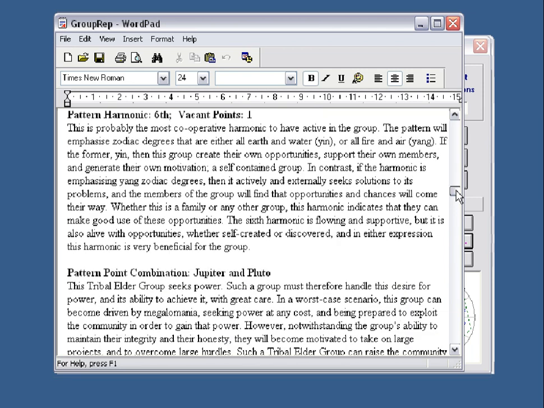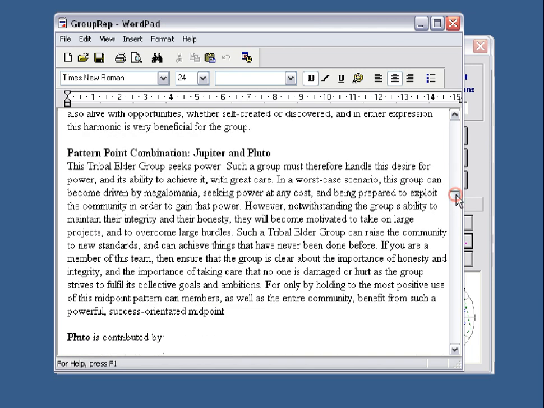It's giving you the meaning of the 6 harmonic pattern. It's talking about the fact that it is Jupiter Pluto. We know that, we made it delineate Jupiter Pluto, so it's giving you a delineation of the Jupiter Pluto,